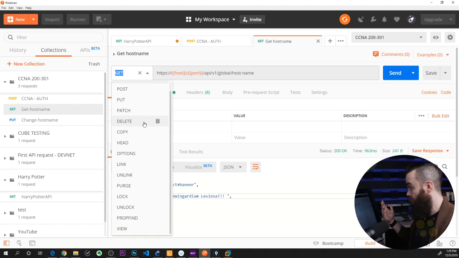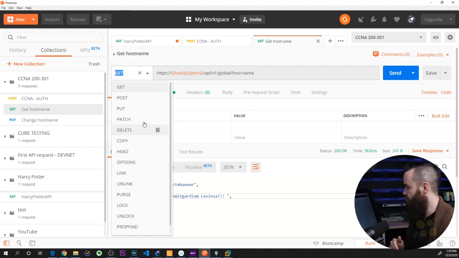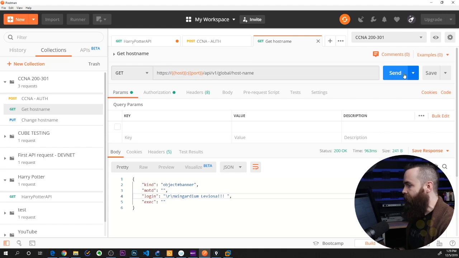And look at all my verbs. Obviously, there are a bunch of different verbs we haven't talked about. The 4 main categories are the ones we care about. CRUD: create, read, update, delete. Create, read, update, delete. 10 times fast, go. So get, I'm going to go get. I'm going to get it.